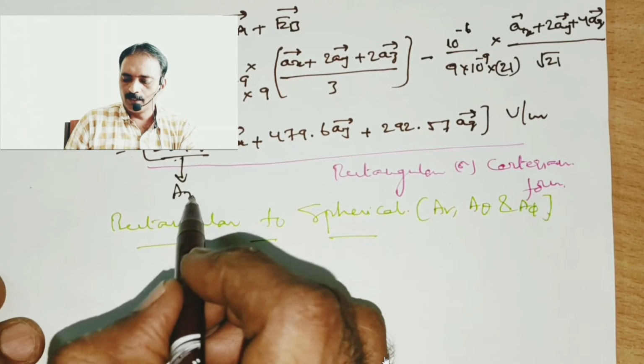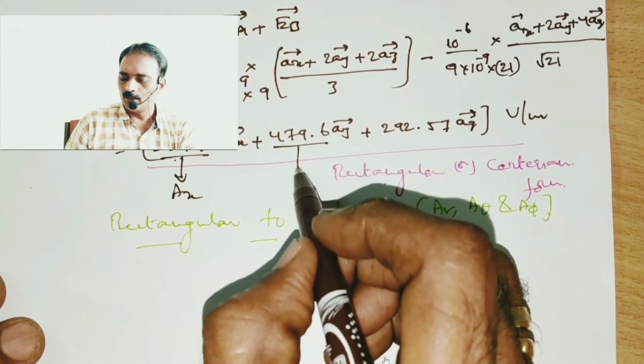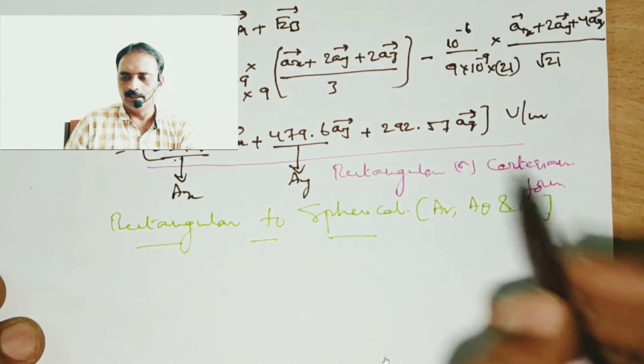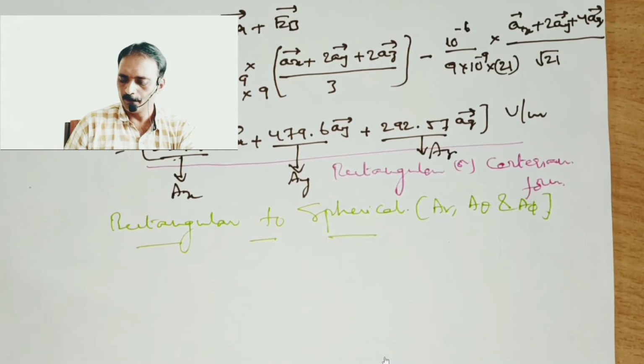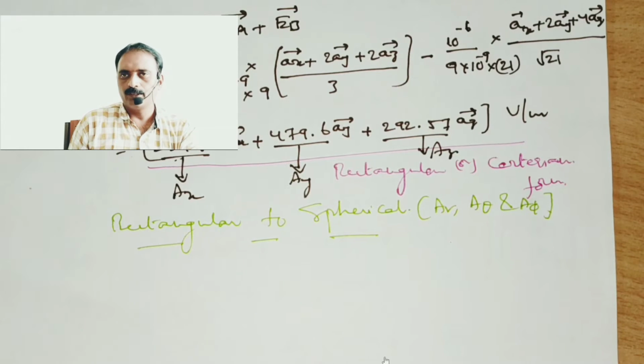So here I am considering these magnitudes in Cartesian form as Ax, Ay and Az. These are the three magnitudes along the three directions X, Y and Z respectively. And we know that in order to have the transformation, already we have derived all these equations in the previous sessions. So please go through the previous classes in order to understand this very clearly.